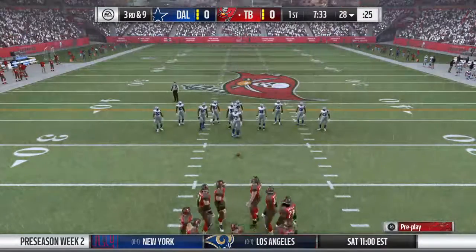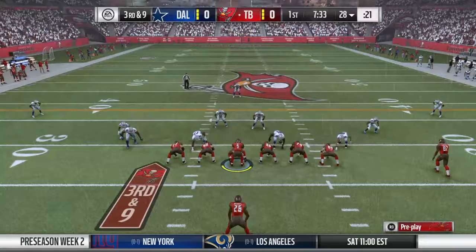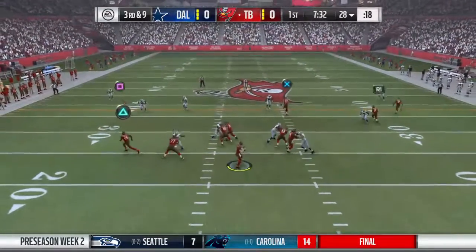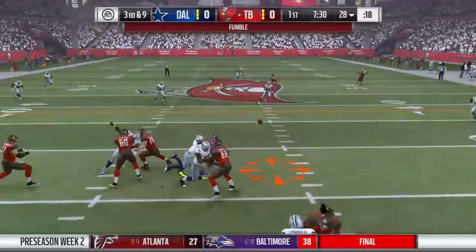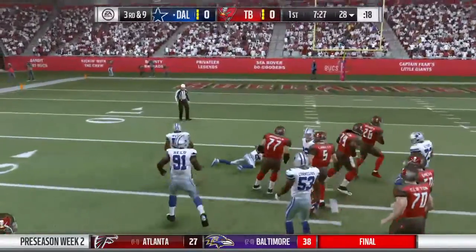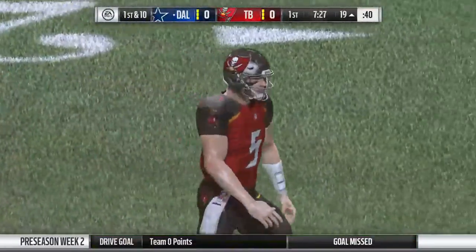So trouble already here on their opening drive. This is 3rd and 9. Now let's go. Green 30. They'll set up a throw. And hit behind the line. He lost the football. It's loose. It's picked up by the Cowboys. And he'll take this back down inside the 20. No coach or team is...